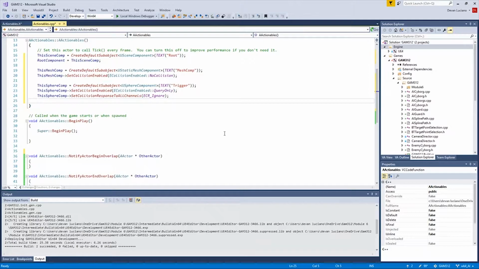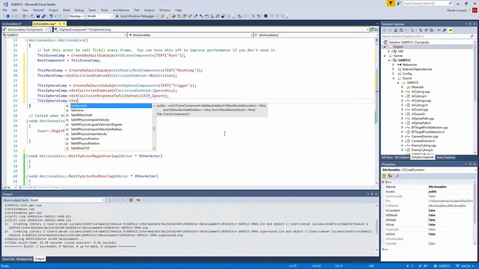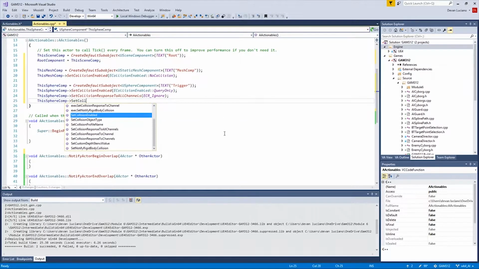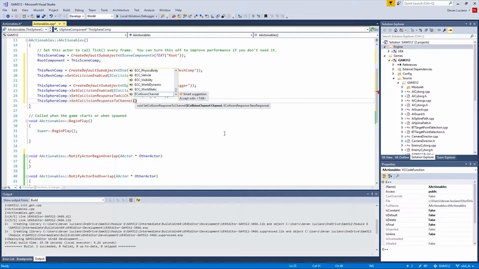And now we're going to do it again, except we're going to do it to a channel. So set collision response to channel. And we're going to set this to pawn. So ECC underscore pawn. And we're going to set it to overlap. Last thing we got to do, and that is set the attachment, which looking up, we need to set